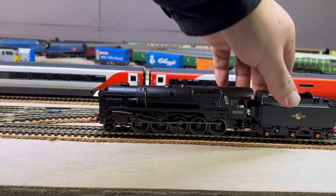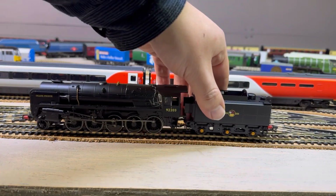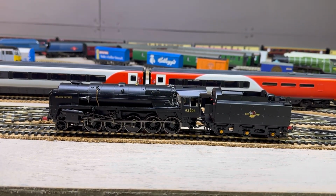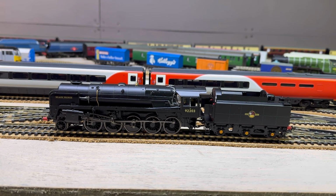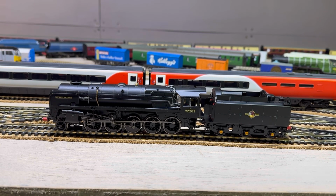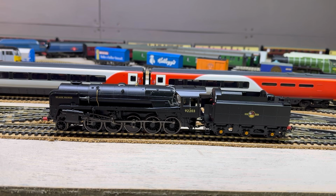Right, I've just uncoupled the tender somehow. Right, anyway, there is the 9F Black Prince running. Let's say it's not been without its niggles. I didn't bother capturing it, I just tried to fix it as soon as possible, but it has had 3 occasions in the whole hour that it's ran in, 2 in the forwards direction,